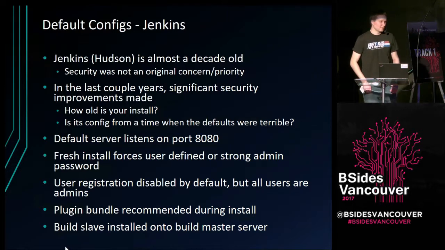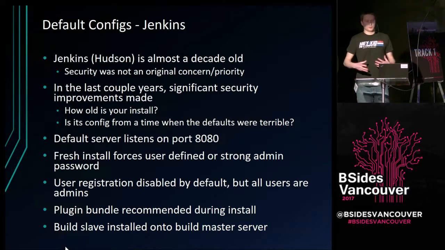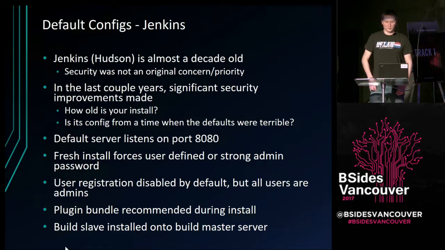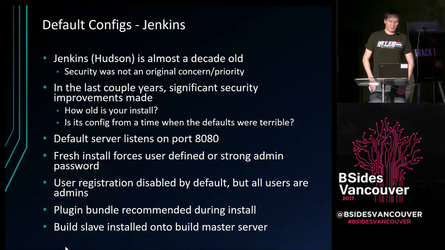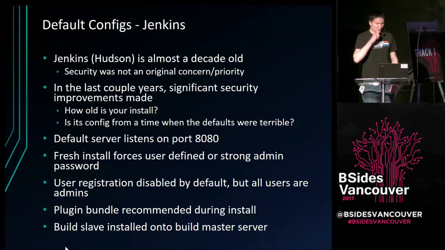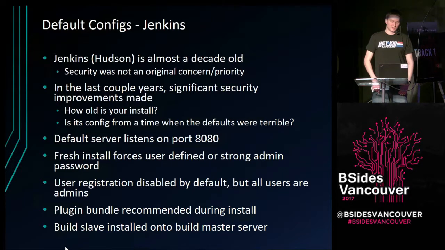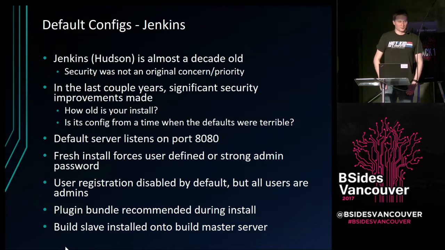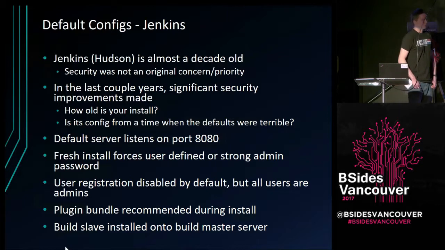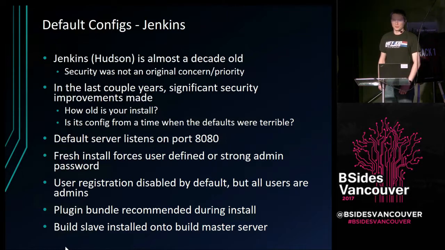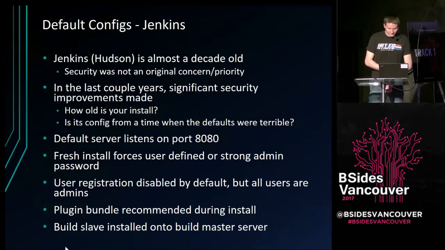Over the last few years, it's become more and more of a mainstream tool, and so people are starting to use it in all sorts of environments. So the Jenkins team has been adding security features, and actually in the last couple of years, they made a lot of security improvements, partly due to having a lot of security vulnerabilities reported to them. That said, if you have an install that you did maybe 4 years ago, chances are it's using some of those old default config options. So even if you've applied all the latest patches, your configuration itself might be the vulnerability.